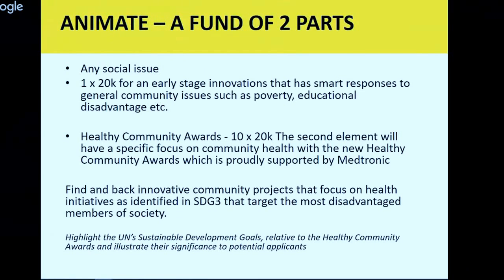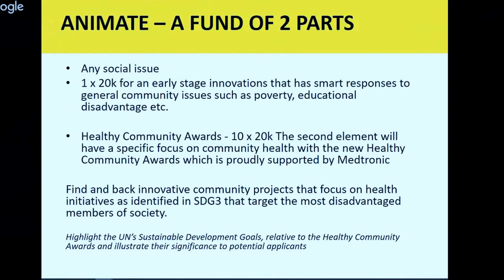Okay. So just so everyone's aware, Animate has 2 elements this year. The first element is for early stage innovation. So this is open to any social issue and for projects at an early stage that could be combating issues such as poverty, educational disadvantage. It's wide open. We're looking for 1 awardee for that, and so they will receive €10,000 in cash and 10,000